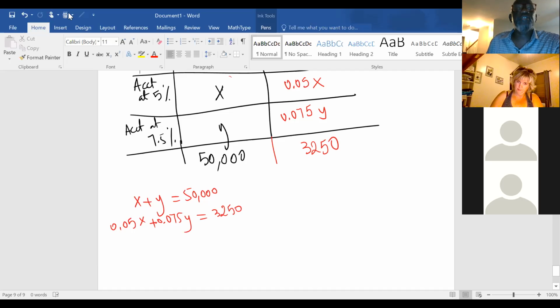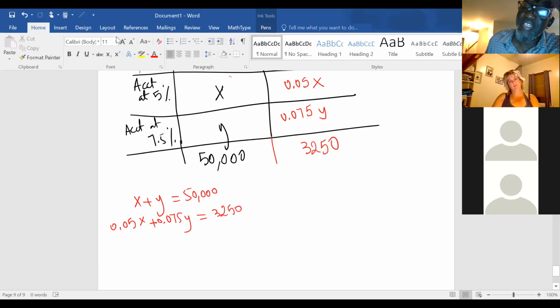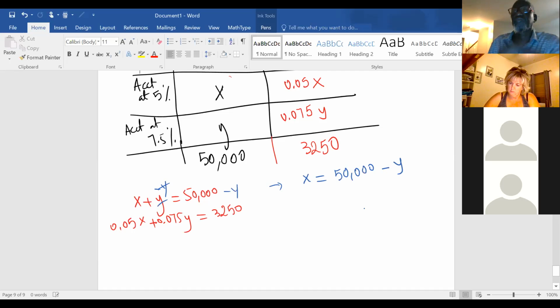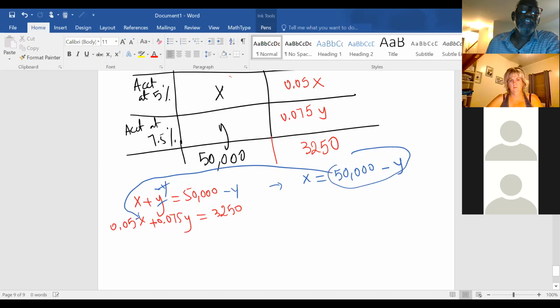You see, I can do the substitution for once. In all the examples, we got Y by itself first. Why not do the other way around, just for a change? So why not solve for X? It doesn't change anything if you do it the other way around. So I'm going to take this stuff right here. I'm going to put it here. So it's going to be